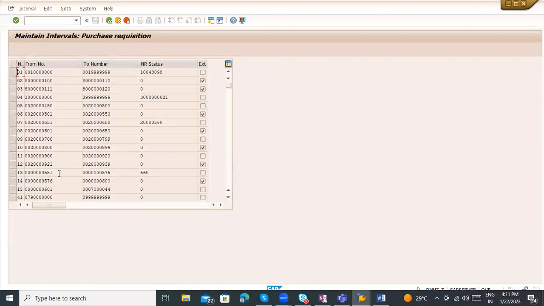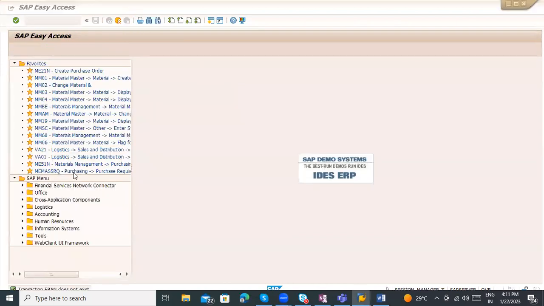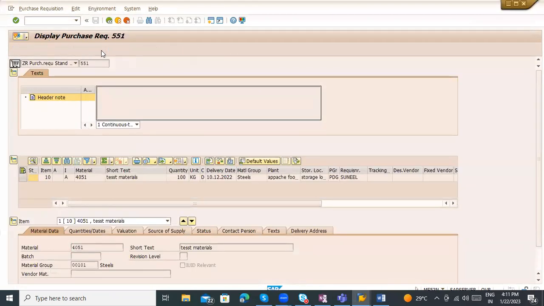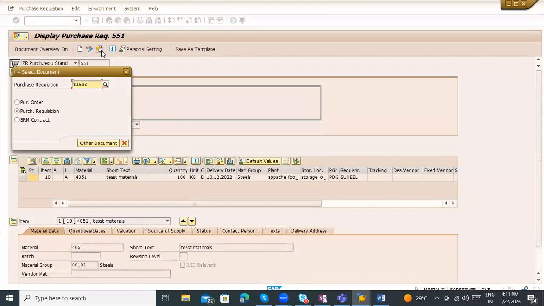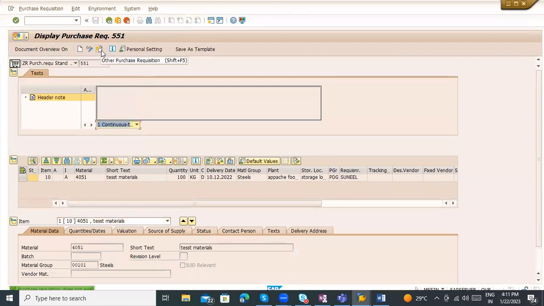Okay, so if you see that the sequence is 551, based on this, it is capturing there. But we created a standard document type, right? So go with ME53N, and this is my purchase request number, it's okay. But if it is not my purchase request number,